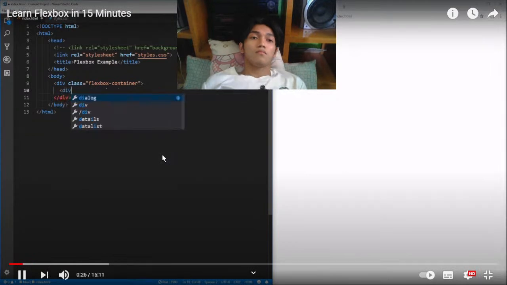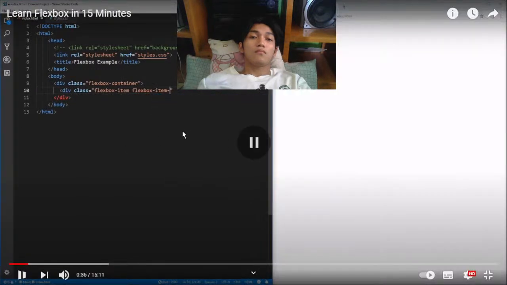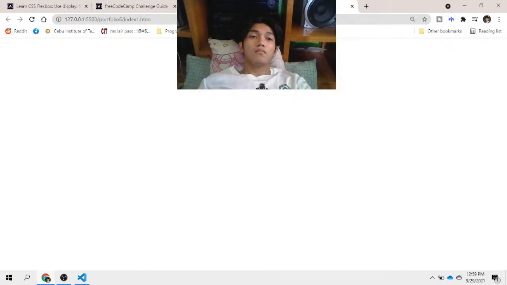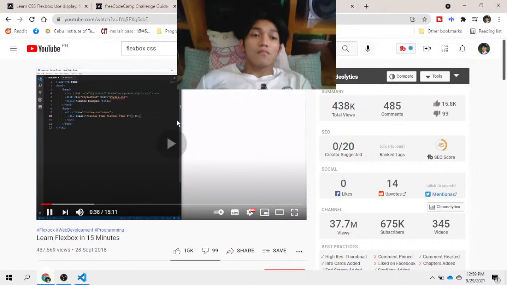To this container, we'll add another div, give it a class, and we'll call this one Flexbox item. Then we'll also give it a class of Flexbox item 1, that way we know which item we're referring to when we style them individually. And if you save that,